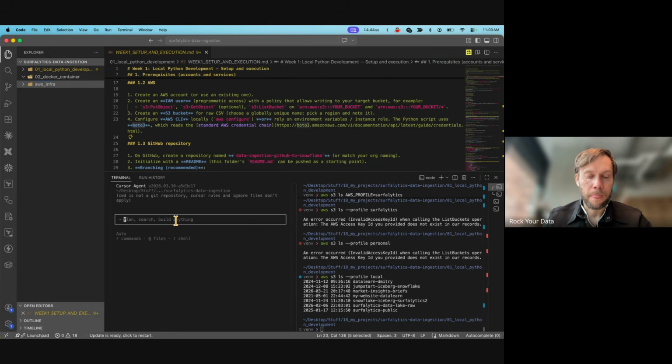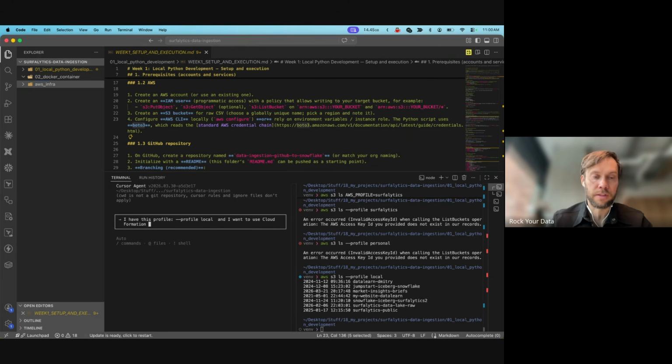So what we want to do, I have this profile, and I want to use CloudFormation. If you watched Module 5, CloudFormation is infrastructure as code. It's basically simple YAML files to build a stack in an AWS account. And the nice thing is, if you build it, you can simply delete it when you don't need it, because I don't need to click around in AWS to create it. So a CloudFormation stack